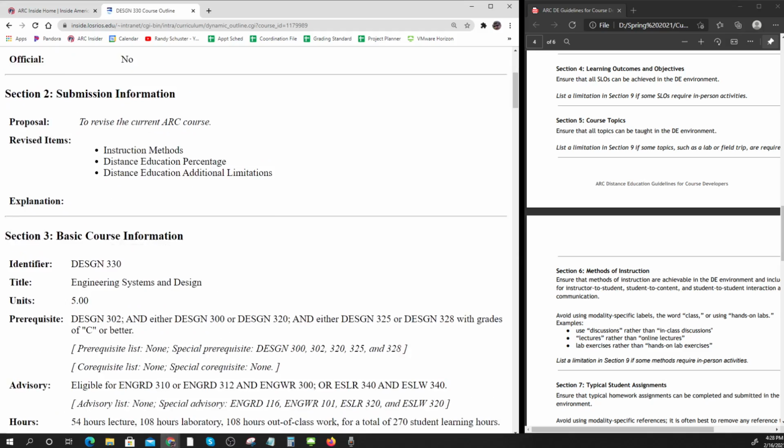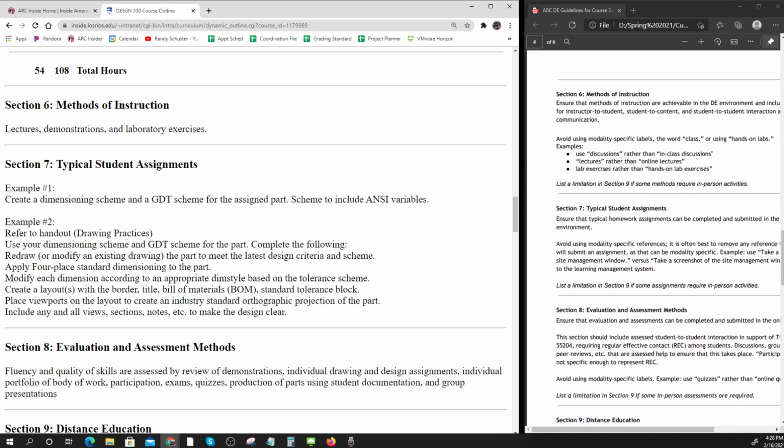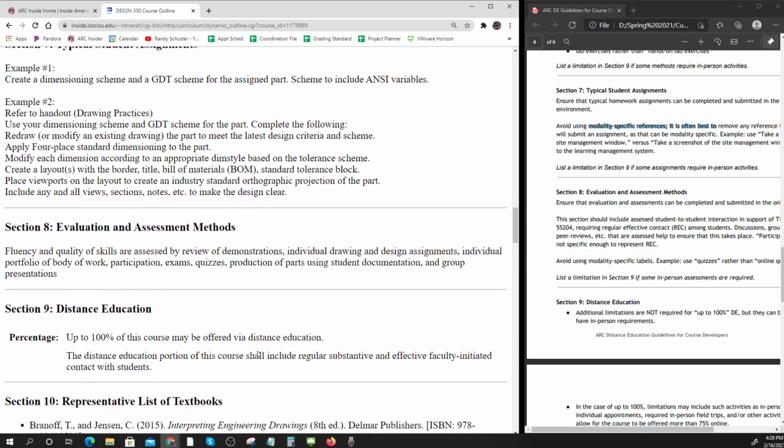So go back to the outline, come on down. Typical students and assignments. Let's just make sure that these can be done anywhere. Create a dimension scheme to include ANSI variables. Yeah, that sounds good. Create a dimensioning scheme. Refer to the handout. Use your dimensioning scheme. Redraw. Apply. Create. Place. Include. Okay, so it doesn't say anything about where you are. So that sounds good. Evaluation and methods